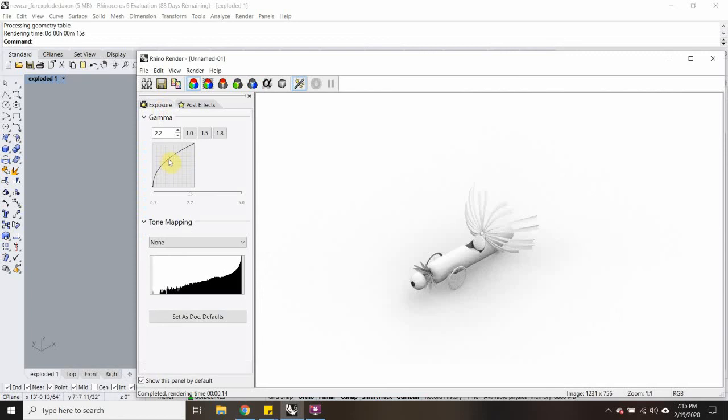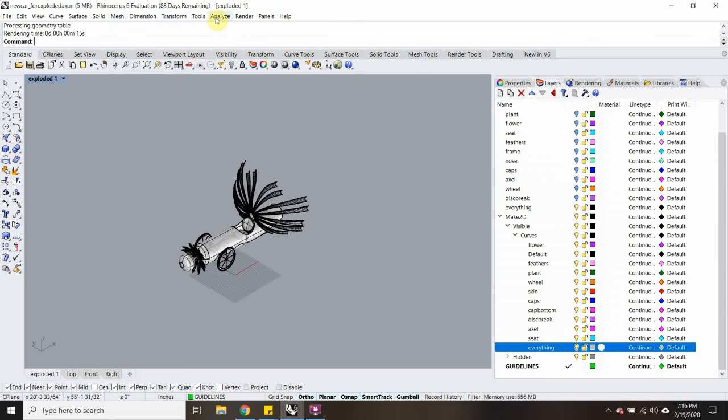I think maybe we can just mess with this curve a little bit, just to get the contrast a little closer to what we want. Actually, I think I just want a better resolution. The resolution's not that good on this thing. So let's go